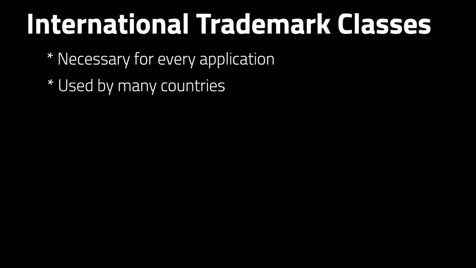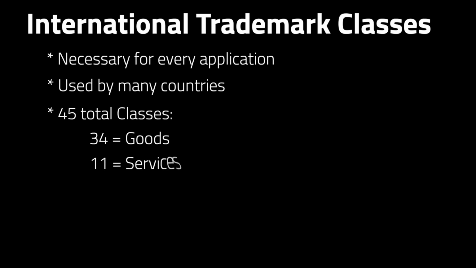And by international treaty, it makes some of the opportunities for foreign registrations and international filings a lot easier and smoother. These 45 different classifications include 34 for products or goods and 11 for services. So, for example, jewelry is in class 14 generally. Clothing is generally in class 25. Communication services are generally in class 38. And educational and entertainment services are generally in class 41.